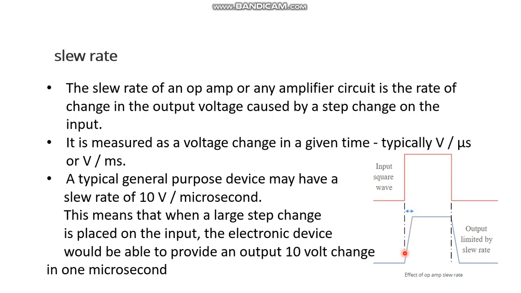Okay, if you expand that in your CRO time scale, then only we can see this. This slope is called the slew rate. A typical general purpose device may have a slew rate of 10 volt per microsecond. This means that when a large step change is placed at the input like this, the output